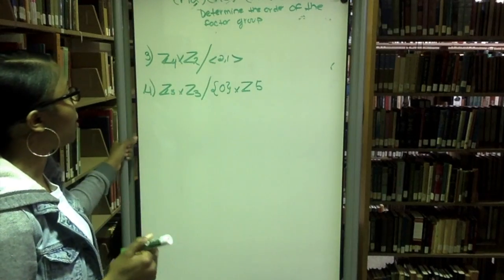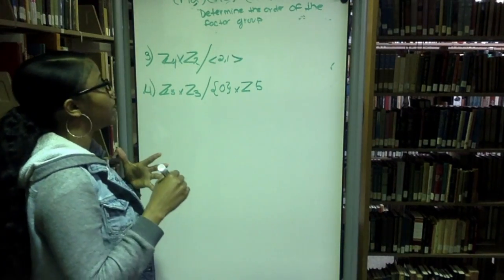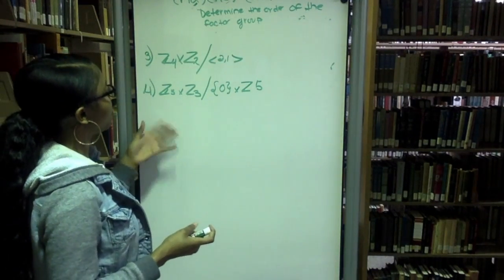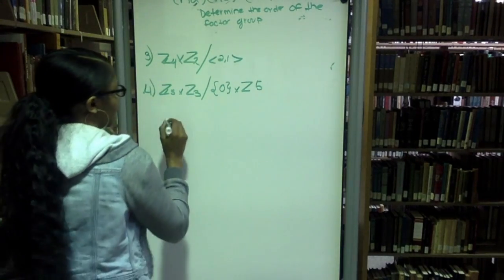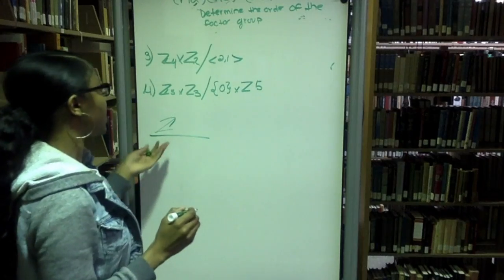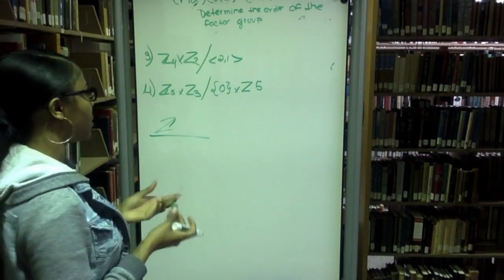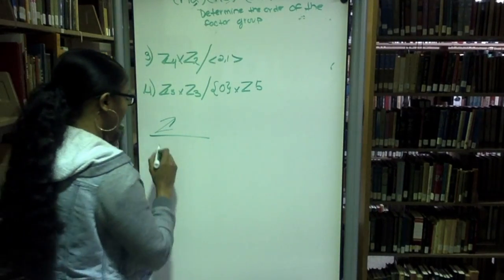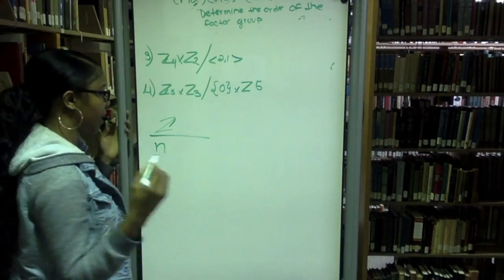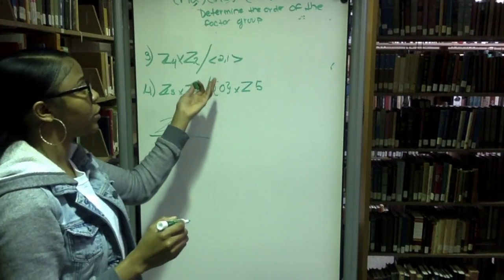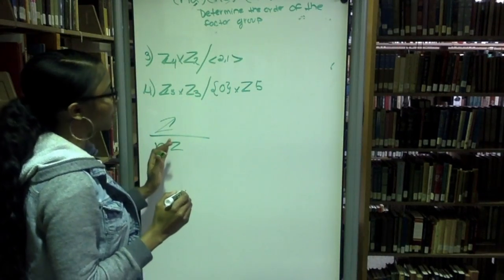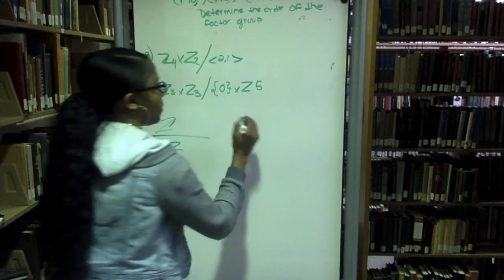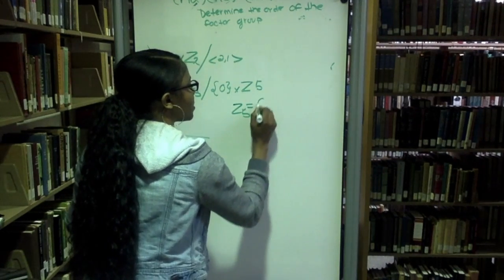Alright, so we're going to do something else. We're going to compare number 3 and number 4. If you look at number 3 and number 4, they both have Z, the set Z. Number 3 has Z4 cross Z2. Number 4 has Z5 cross Z3, which is fine. Then our second subgroup generated by N, in our case for number 3, we said it was 2 and 1. But for number 4, it's 0 cross Z5. And if we do 0 cross Z5, that's going to give us